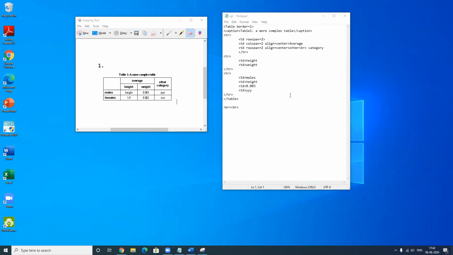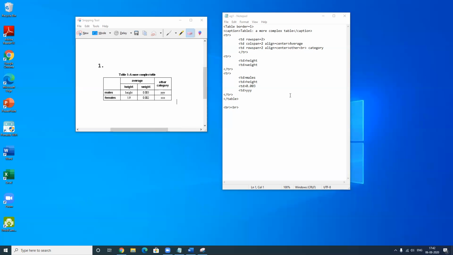Just a quick revision of the tags that we require for tables. Table tag, and the attributes of the table tag, wherein one attribute, that is border, is the most important, which will give you the grid lines. Rest of the attributes as per the requirement. Then you start with the row. Under the row you write down the TD tag, which depicts the number of columns. So the number of TDs means the number of columns.